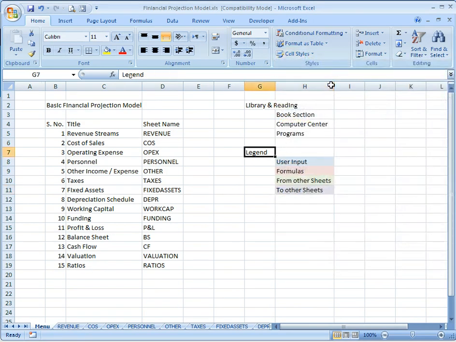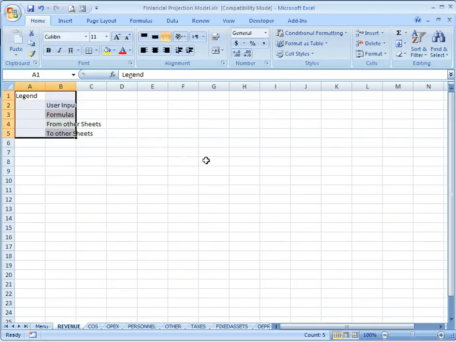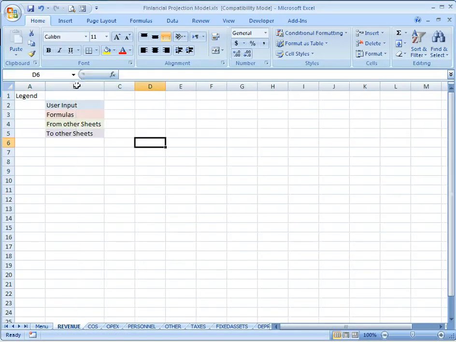Now we have created the legends. Now we are going to copy this and paste it to every sheet, just to inform the user that these color schemes refer to the specific areas.